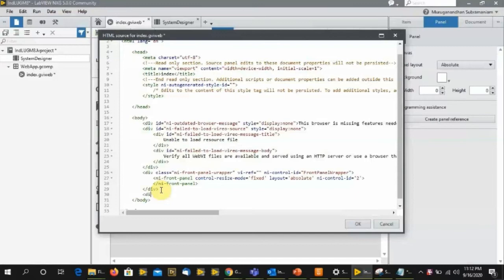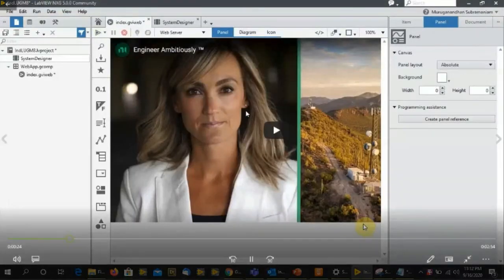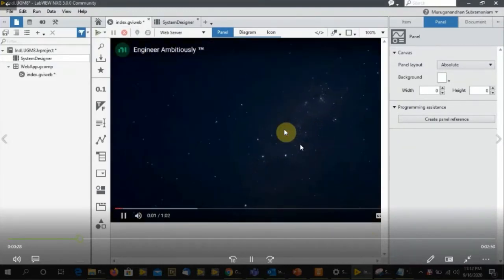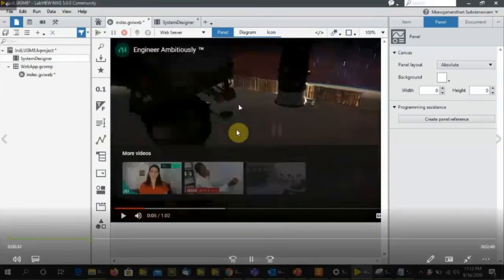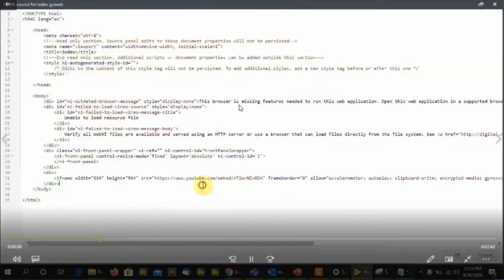Yeah. So if you see, this is the direct code that I entered. I have not done anything, so it is directly coming into my web UI. I can play, pause, or do anything in the web itself. I can even change the size or the position of the video. That is also part of this.